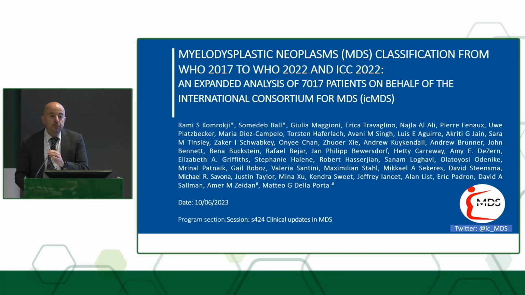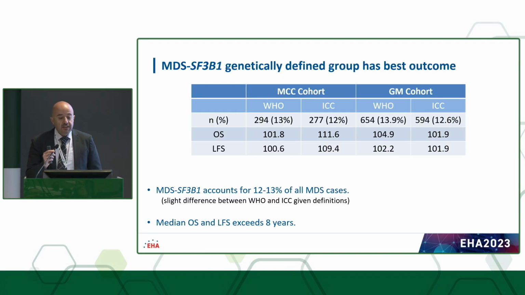Now, we tried to provide some data-driven evidence for this classification. So we collaborated with the Italian group where we were able to put together 7,000 patients to look at those classifications and see if we can come up with a data-driven classification for MDS. So obviously, what we found is that MDS with SF3B1 is definitely unique. Those are the patients that have the best outcome. They are around 12 to 13% of MDS patients, have almost 10-year survival